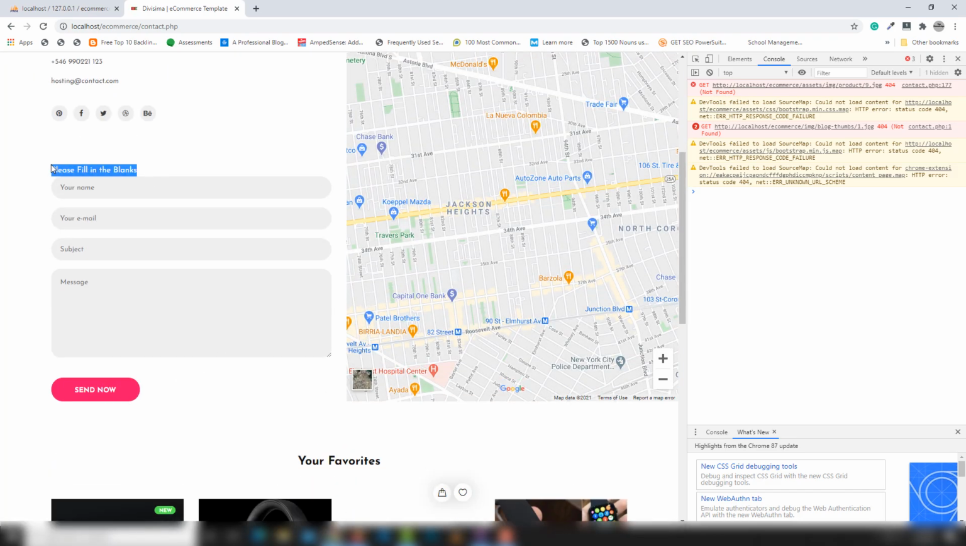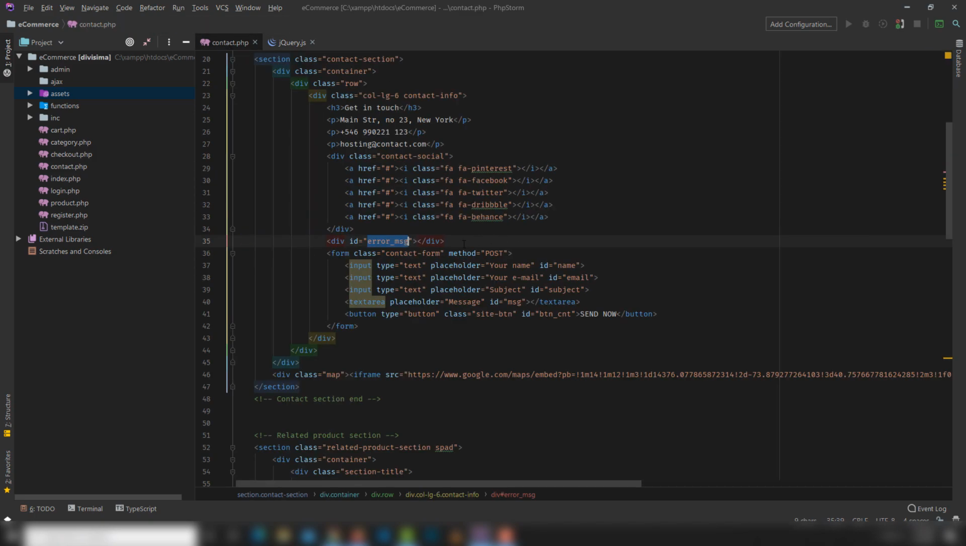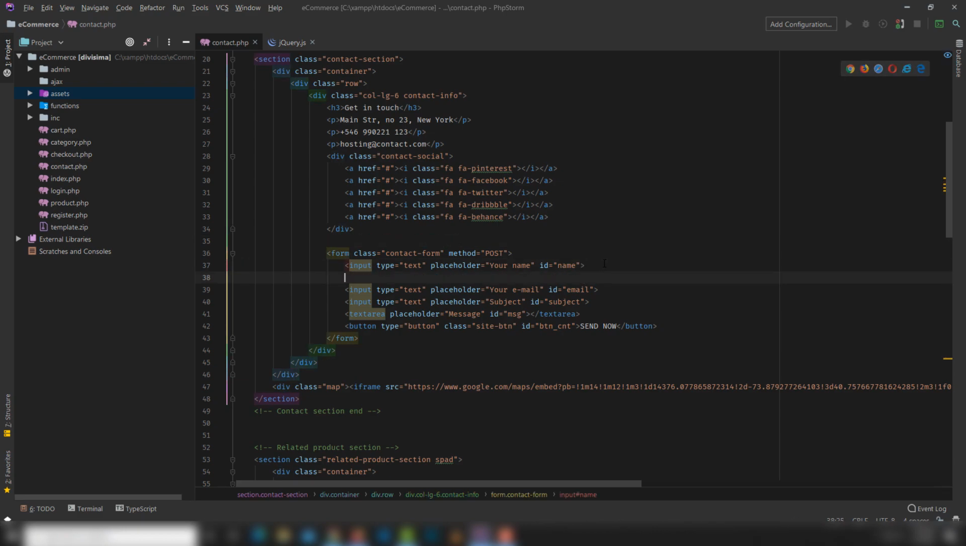As you can see, guys, please fill in the blanks. If you want to use multiple validation, for example, if the name is empty, you can write please fill in the name, please enter your name. You can use that. For example, I use please enter your name, and I go to the contact page, and you just need to cut that and paste it after the